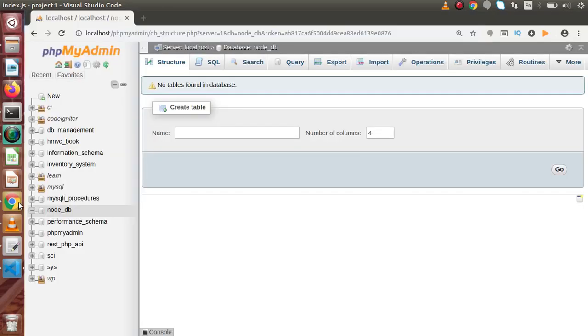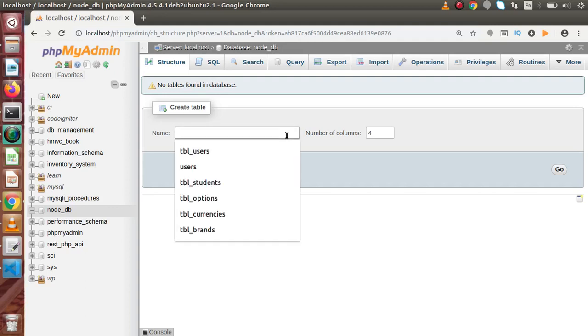So first of all, we have to create a table. Inside that, we have to dump some data, and now with the help of that simplest query, we are going to select all the data in our Node application. So let's say that I'm going to create